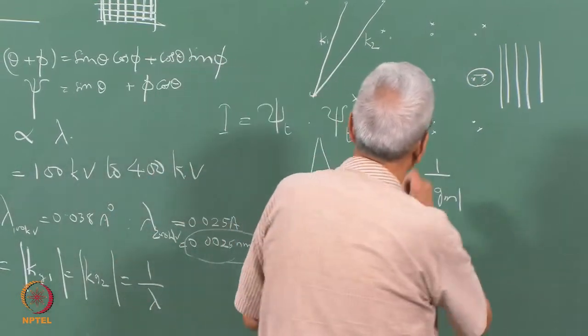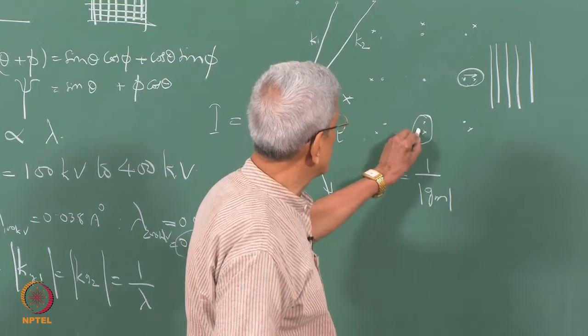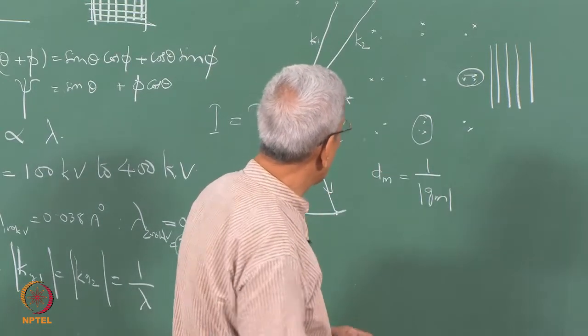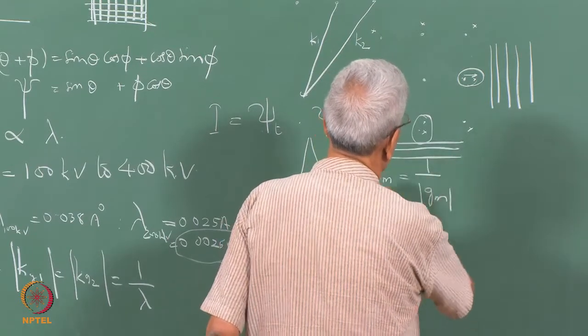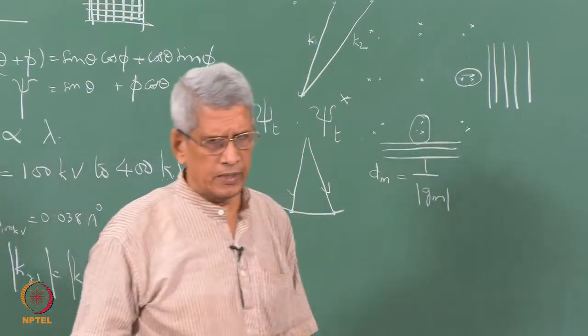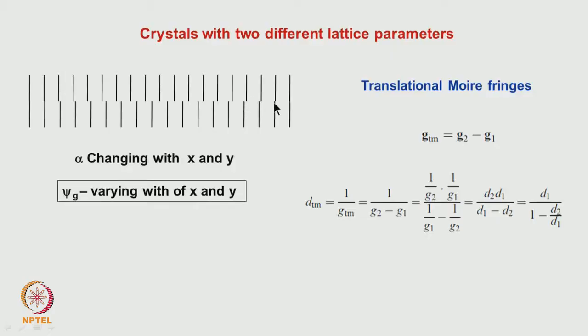Suppose I choose these two particular spots to form the image. Now what is going to happen is that the fringe spacing will appear like this, perpendicular to it. That means that depending upon the type of vectors which we use, the fringe spacing is going to change. That is, the beat pattern which we get is going to change, but as far as the crystal is concerned, they are in the same orientation. That is what one should see.